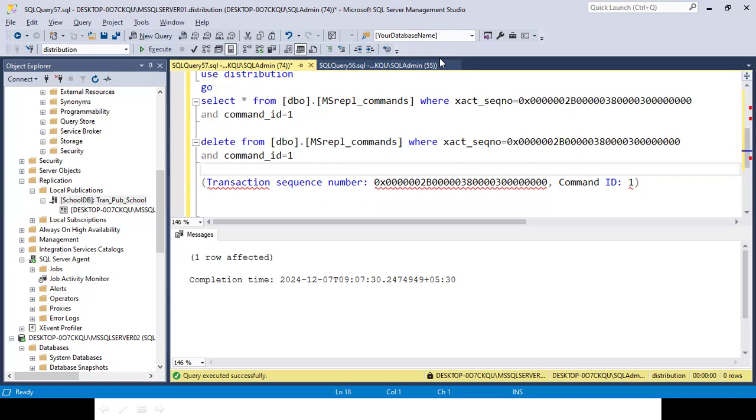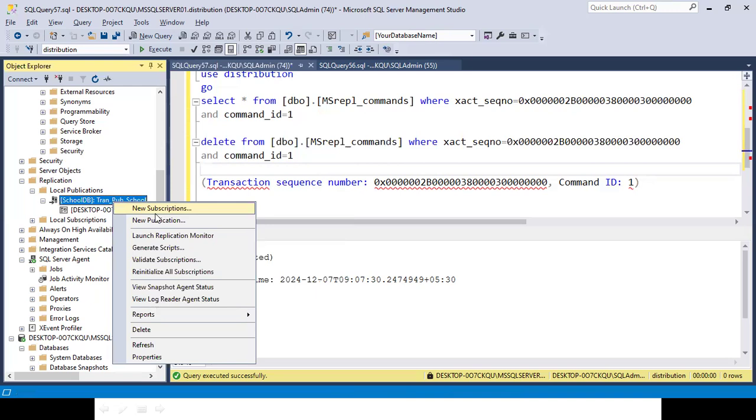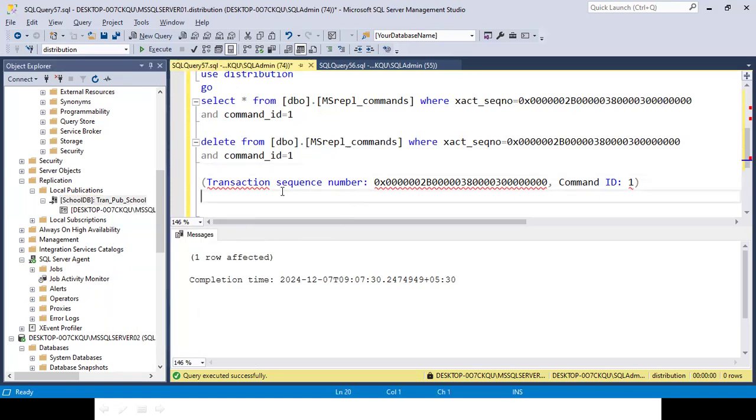And let's suppose tomorrow we have to replicate, and the transaction database is very huge. Then we have to reinitialize, and reinitialization will take so much time. Let's suppose so many issues came into your subscriber. You can't fix them one by one; it will take so much time. Then what you have to do is find your transaction table. If you want to ignore them in the command table, you find command ID equal to 1 and delete all. Automatically it will skip all.